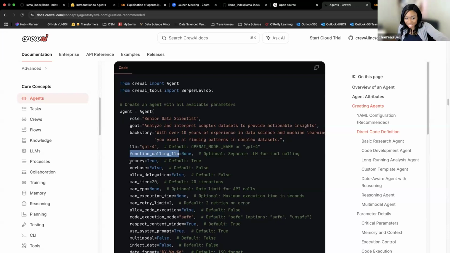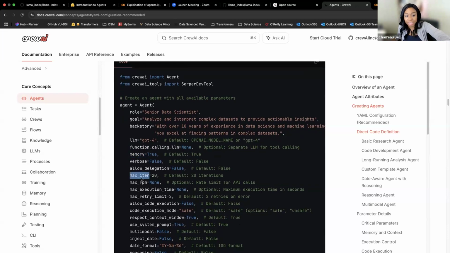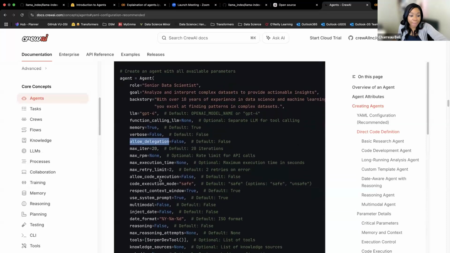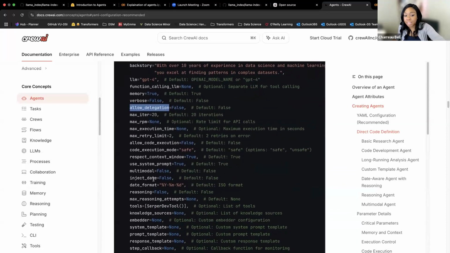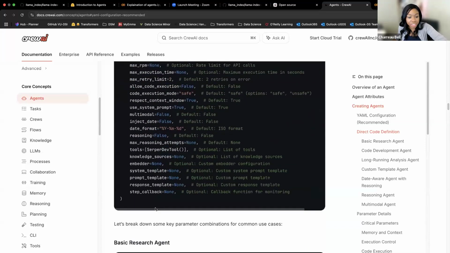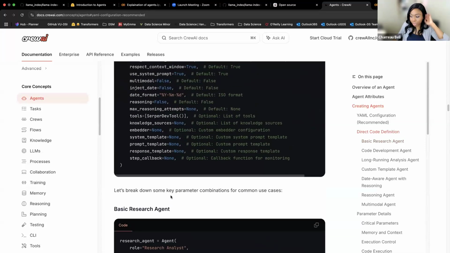You see that we have access to this memory. So this allows us to have the long running sort of context. We have different kinds of memory that we can enable. We were talking about this max iteration, so if we get stuck in a loop. We were also talking about if we wanted the LLM to be able to call other agents. We can set this to true, and that was part of allowing things to happen. And we have lots of things that we can change here to make our agent pretty robust.